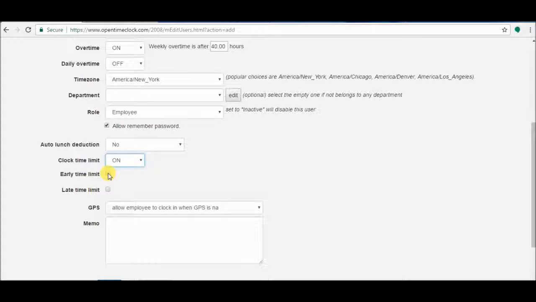You're limiting your employee to clock in too early and to clock out very late. So if you click the box here, early time limit, meaning regardless if we clock in earlier than that time, the system will still recognize their clock-in schedule as 9 a.m. Now if you click here the late time limit,